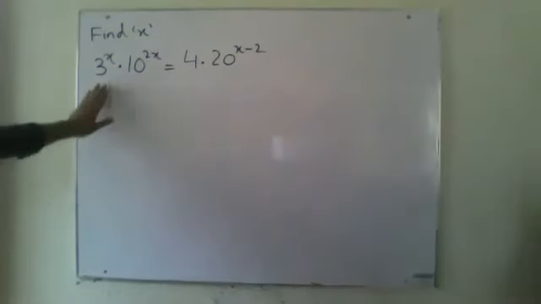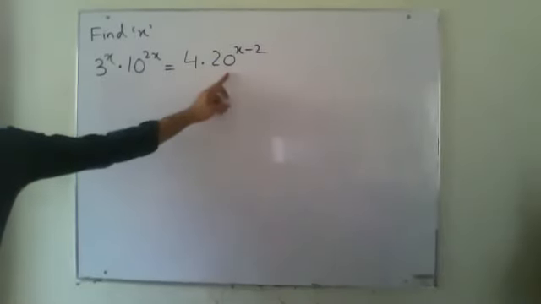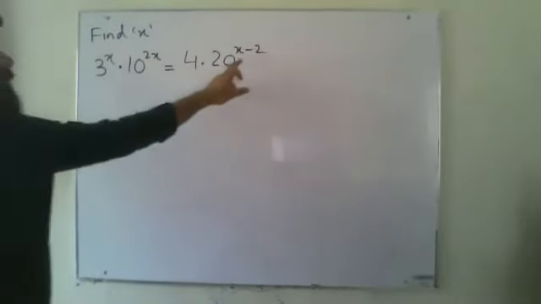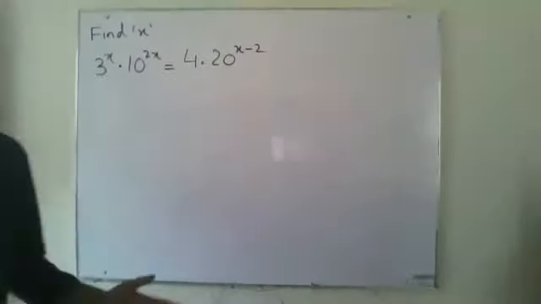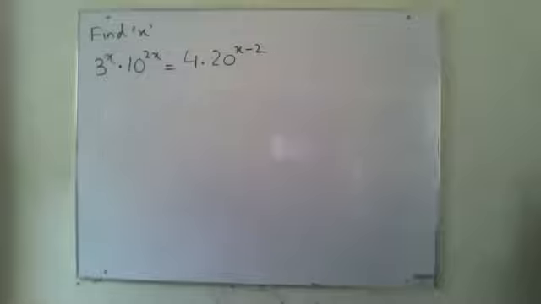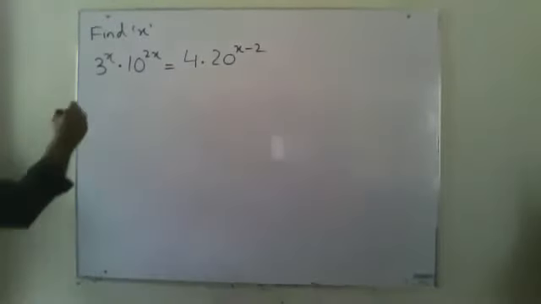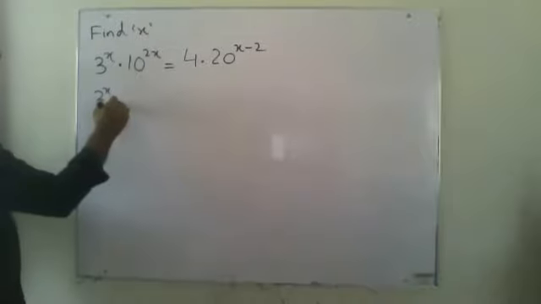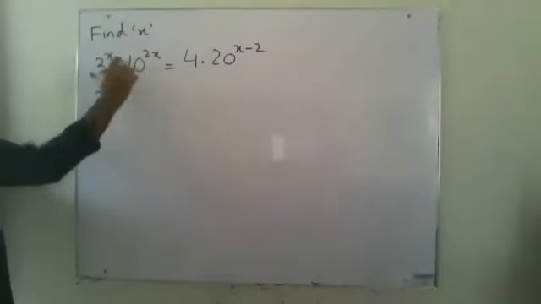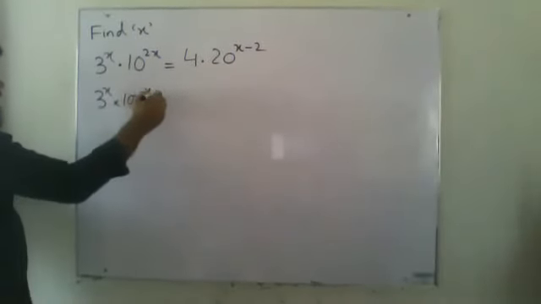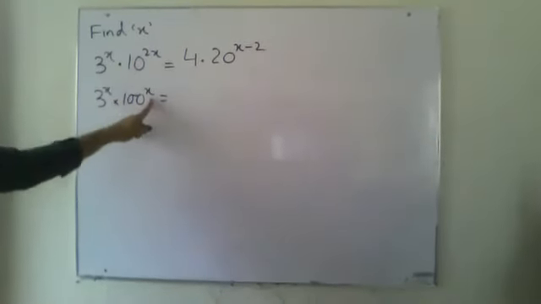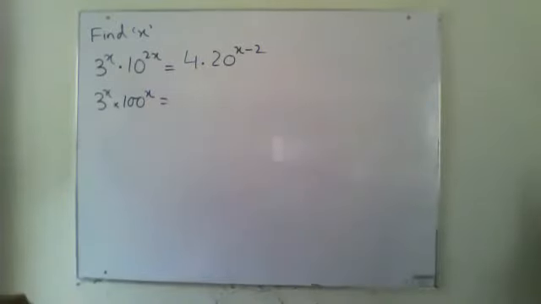Okay, so I am solving this one. 3 unknown powers are there: 3 to the power x, 10 to the power 2x, and 20 to the power x minus 2. First of all, I have to bring all the powers under one x so I can solve them properly. So 3 to the power x, 10 to the power 2x. So 2 I am going to apply over here, this will become 100 to the power x. Only I am going to leave x over there. 100 to the power x.